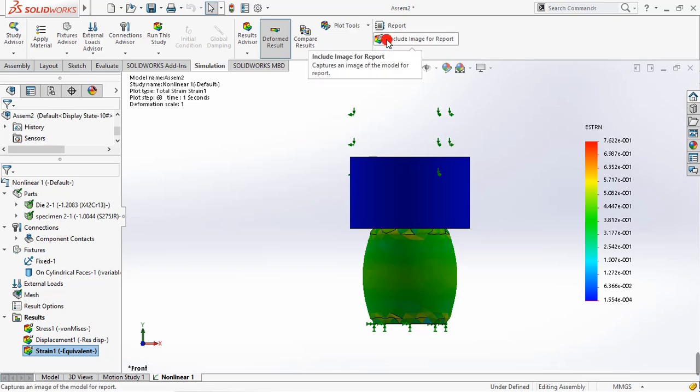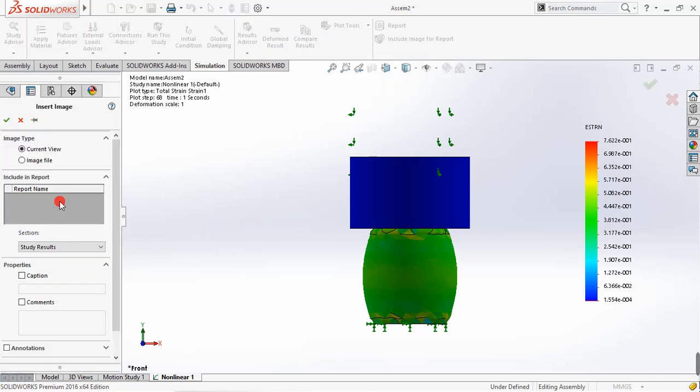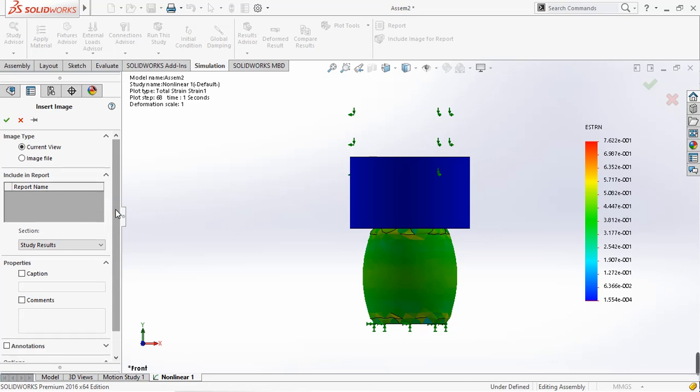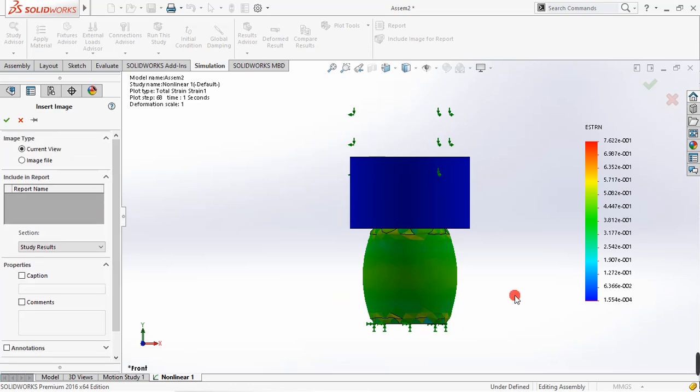Just click this icon, include image for report, and then you may select the current view, or you can also import some image file. So for this video, I'll just select the current view. So this current view will be included in your report. So click OK,